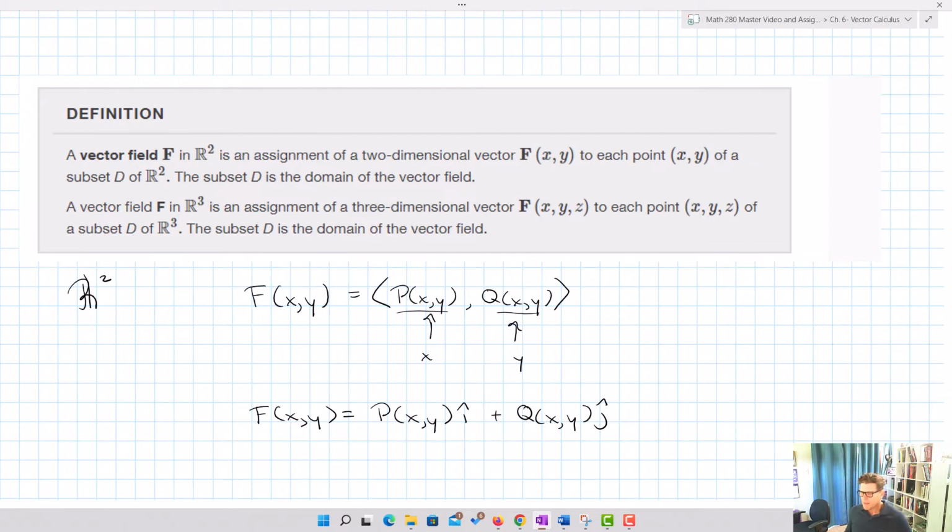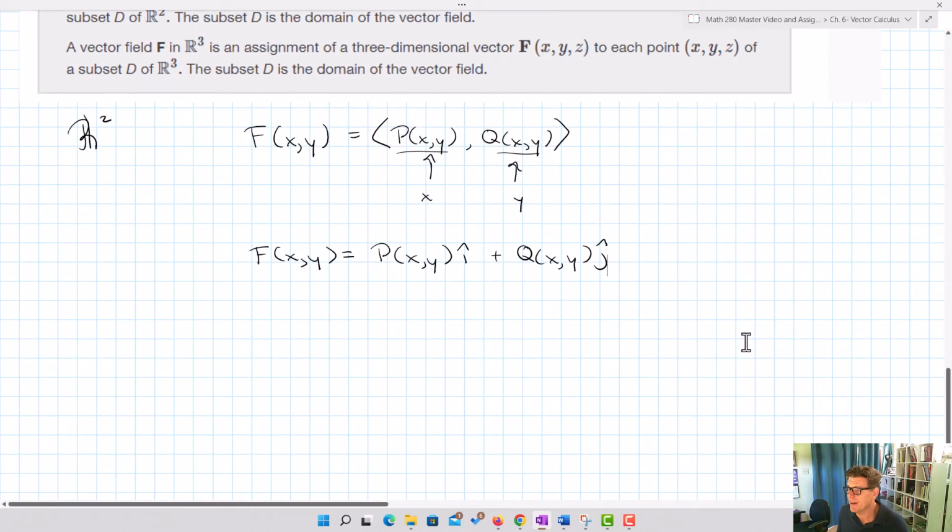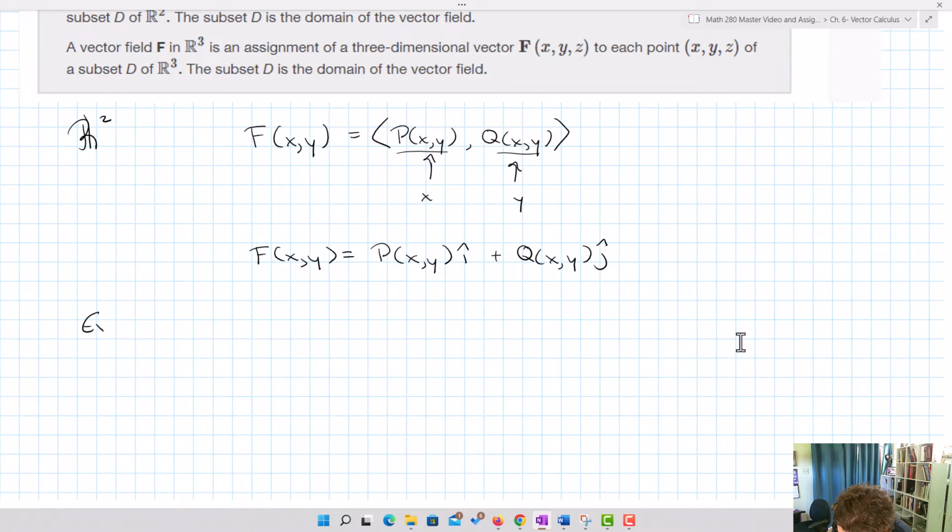All right? And so that is going to be some of the ways that we'll see this represented. I want you to notice that p is the x vector, q is the y vector here, because that kind of notation is going to show up quite a lot, and you want to know p is the x vector, q is the y vector. So let's take a look at an example, and let's suppose that f of x, y equals 2y squared plus